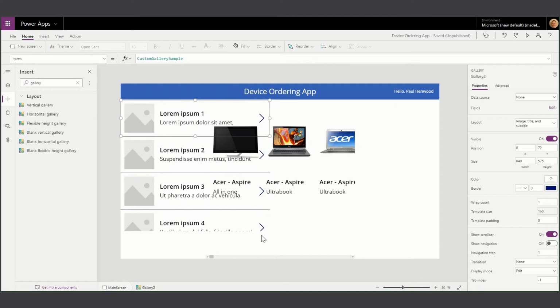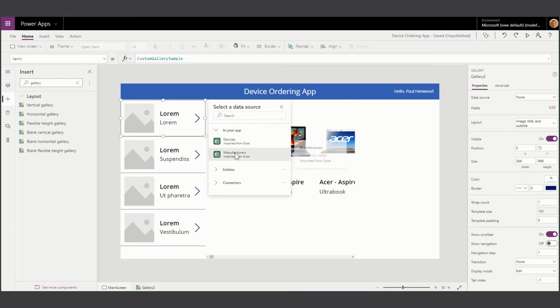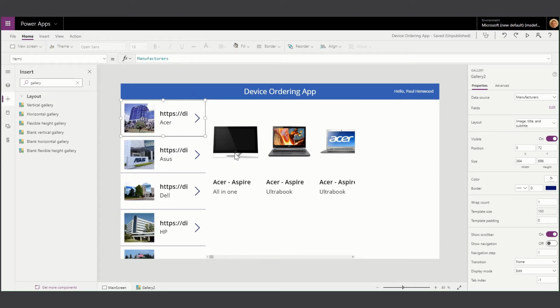and I'm going to resize this and orient it where I want it, and make it appear down the left hand side here. And then I can connect it to my data by choosing the manufacturers dataset that I chose earlier, and you can see this is inputted here. The images that are shown on here are the location, and I'm going to make some changes to what's being